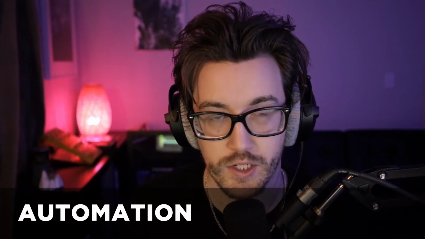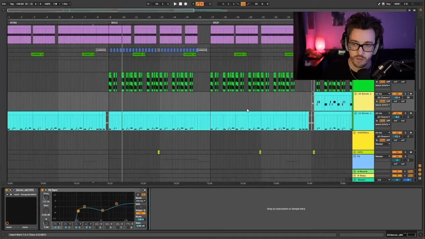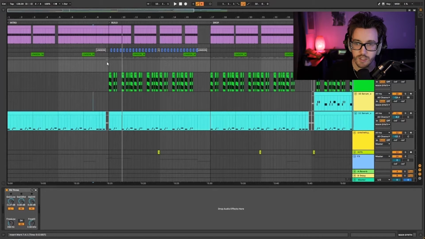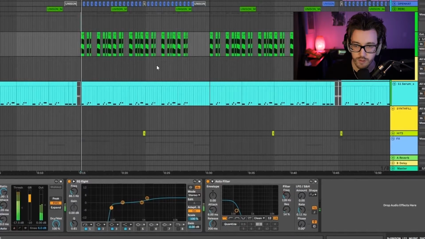Next, we're going to talk about automation. And what I mean by automation is manipulating plugin parameters over time to naturally change things. So here in this build section, I have this synth that's being filtered in, and you can see that there's a low pass filter right here on it. And so if I solo it,